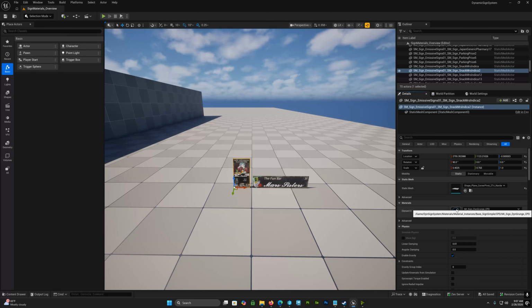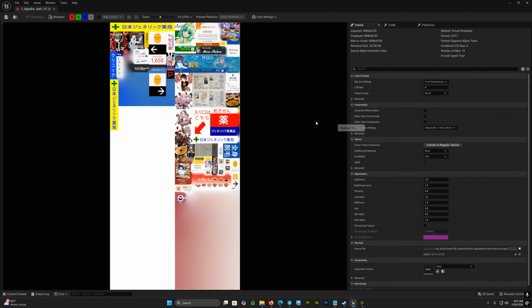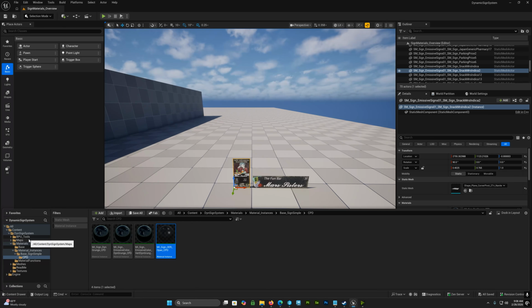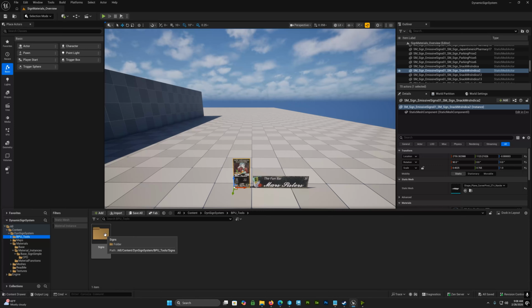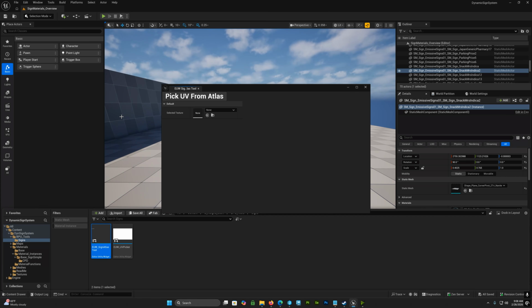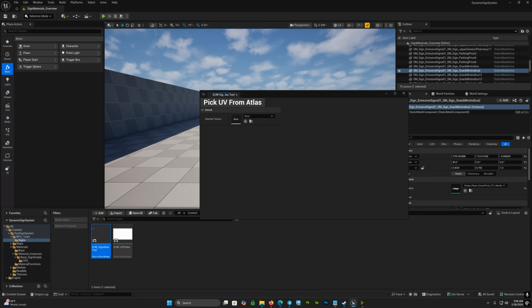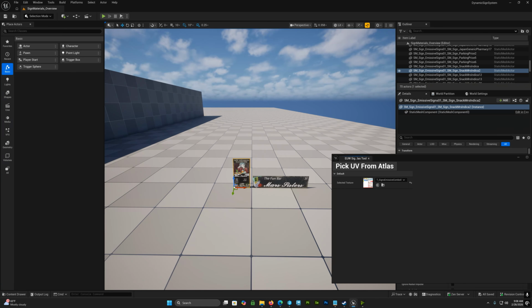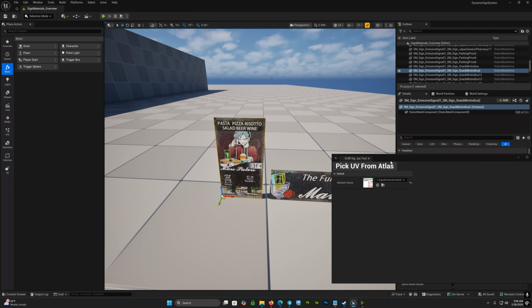Let me show you this. First, I'm going to show you this particular material's textures. Let me find it. Okay, so you can see, got a whole atlas here on a virtual texture for all sorts of different signs. Now, what I'm going to do is run a tool that I have here. I'm going to input that texture here, select my sign, and then